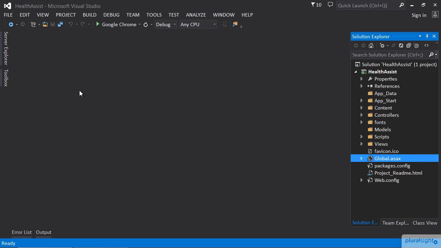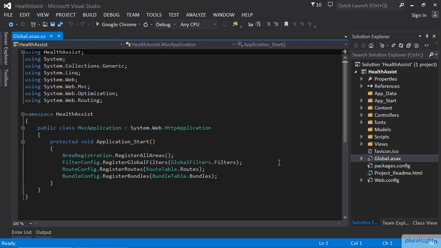I have the start of a small MVC application open in Visual Studio. We'll be building on this a bit more throughout the course, but right now it's pretty close to the default starter template. For this demo, we want to look inside of the global.asax file at the bottom of our project. This application was built off of an MVC5 template, so inside of the application start, we're calling 4 other static